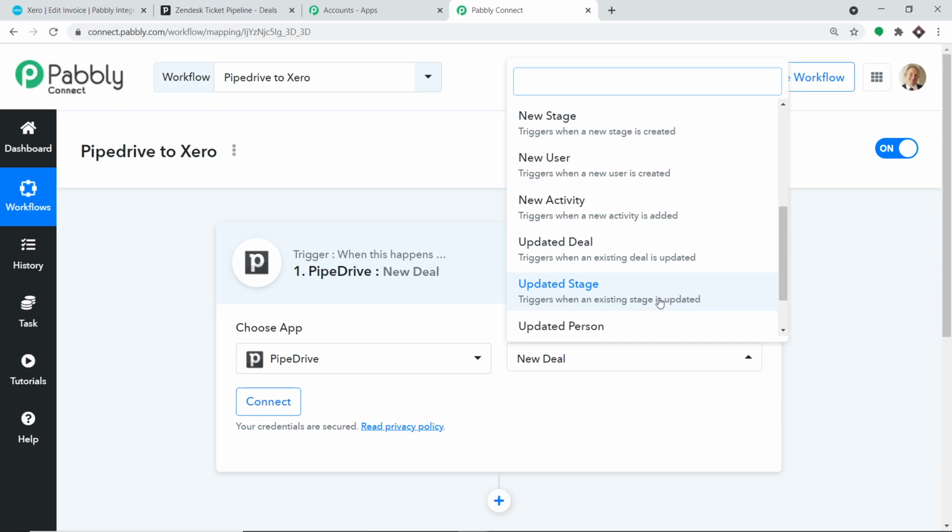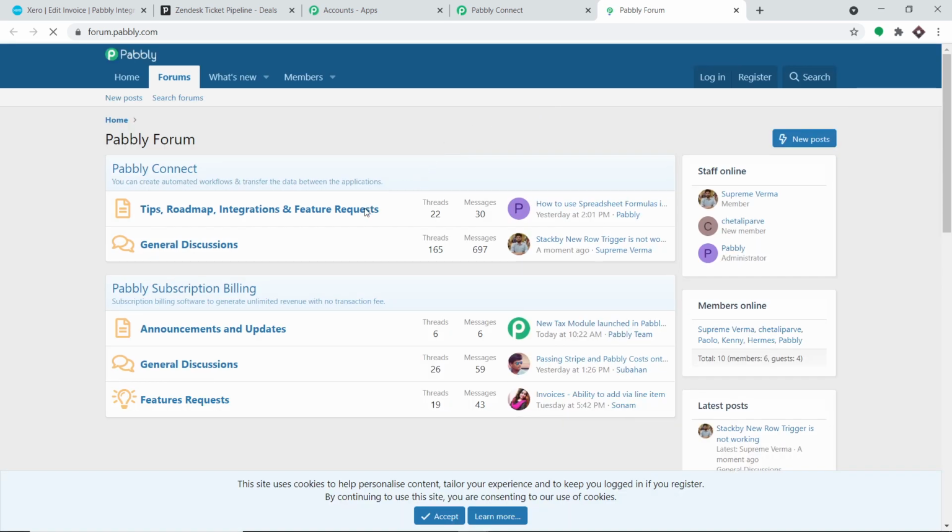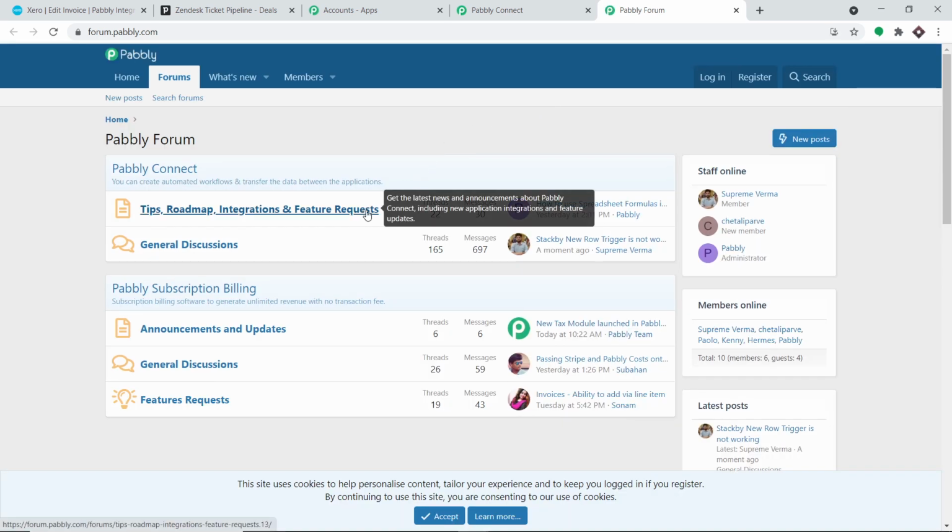Now, in case you want more trigger events according to your choice, you can make a request to our team at admin@pabbly.com to custom build a trigger event for you. But at present, I just want to create a new deal in Pipedrive. So if you want more triggers, all you have to do is go to this part called help. Other than going to admin@pabbly.com, you can also approach the help section. Here you can make a request for any type of trigger you want. Not only triggers, you can approach for action events also.